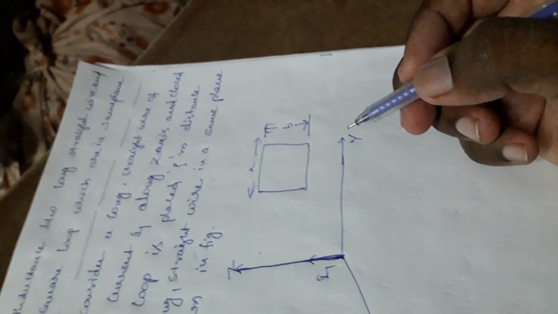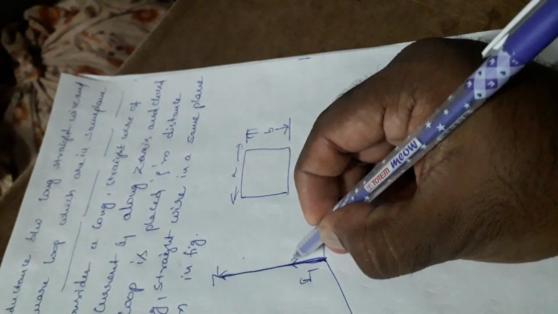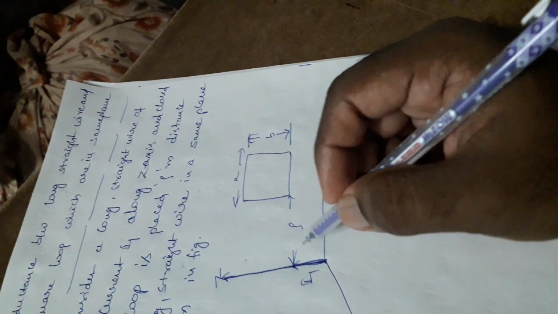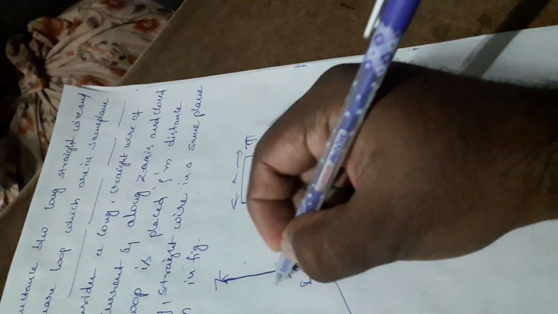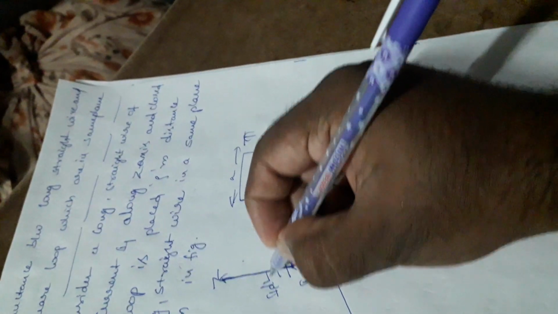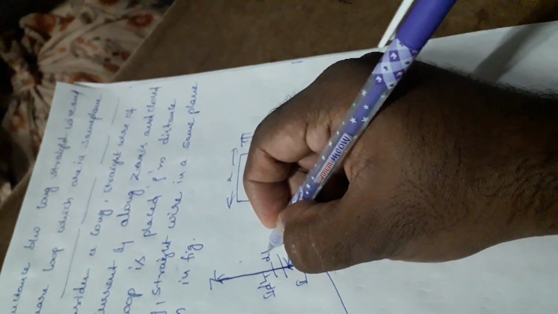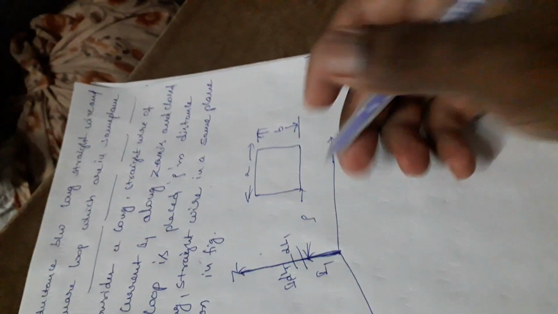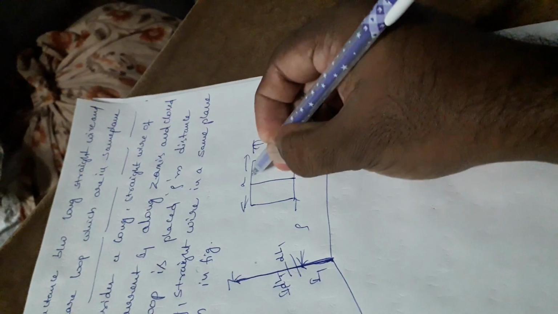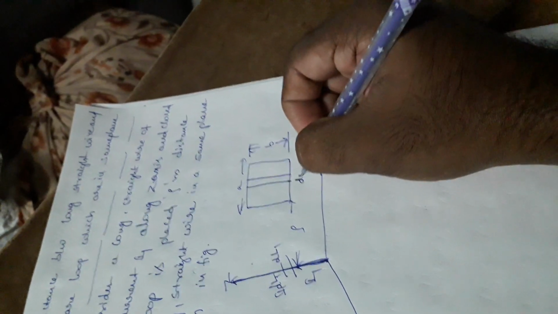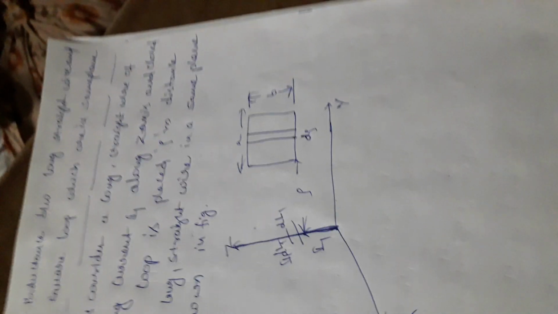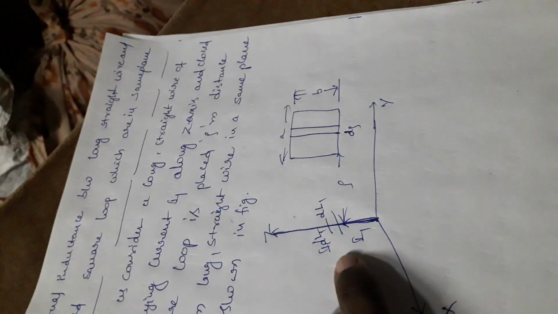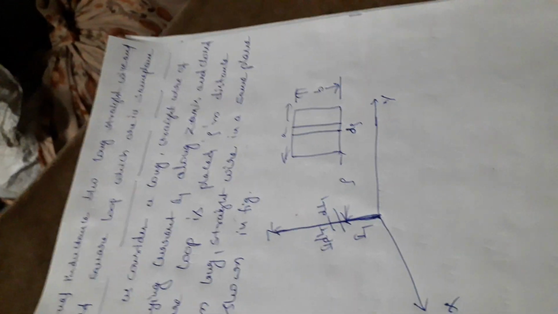See here, width a meters, and the square loop is at rho meter distance from the long straight wire, with differential length I1 dl1, and this is dl1. So now here, how to consider a differential thickness d-rho, or a differential distance, of the square loop from the long straight wire. So this is the figure.